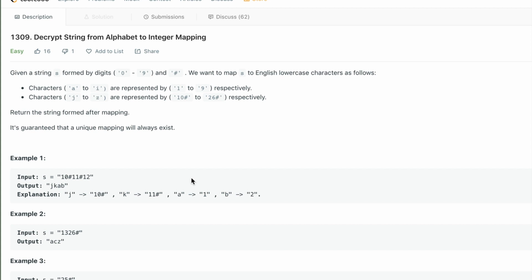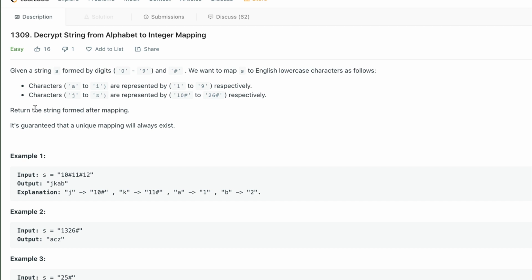represented by 1 to 9 respectively, which means A is 1, B is 2, C is 3 until you get to 9, which corresponds to I. And then characters J to Z are represented by 10 hashtag to 26 hashtag, which means J is 10 hashtag, K I think is 11 hashtag, and you go all the way until Z, which is 26 hashtag. And so here we want to return the string formed after applying this mapping, and we are guaranteed that